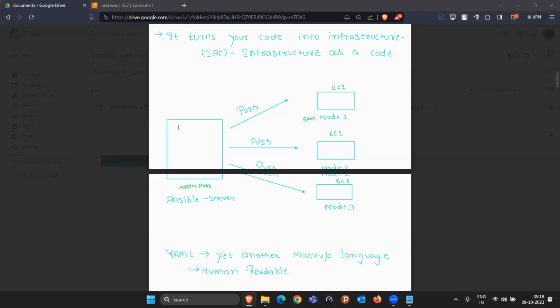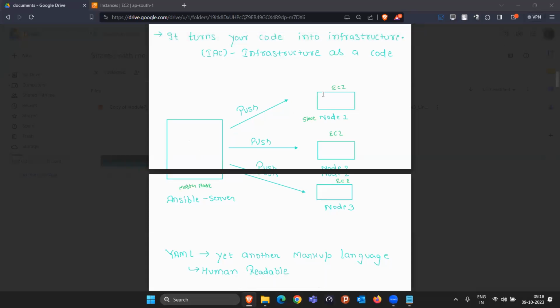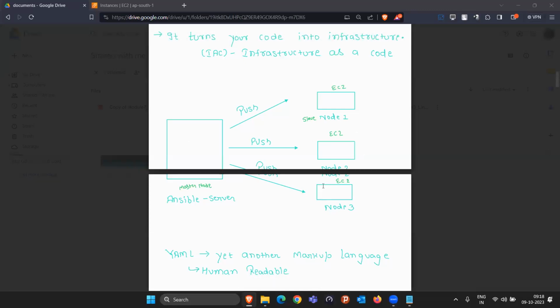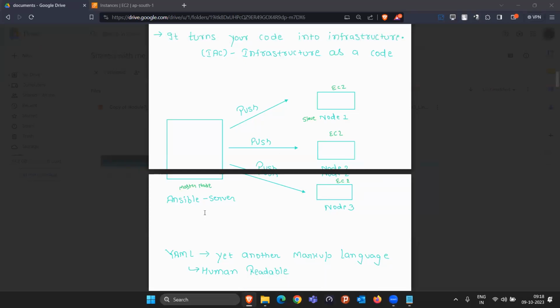And they will log into all three machines, or 100 or 1000 machines, however many IP addresses I provided. They will read all these IP addresses and start to log in. They will make sure all the software is updated, then do the second machine, then the third machine, and so on. We just have to wait and see. Once everything is completed, Ansible will notify that everything you asked for is completed.